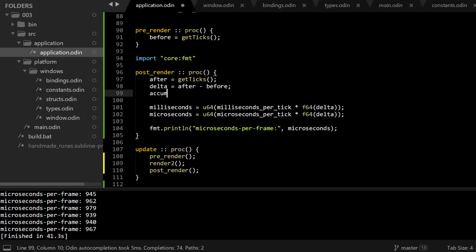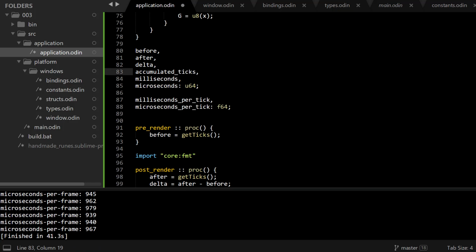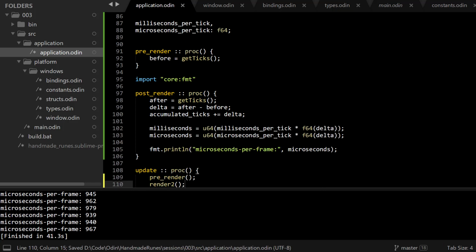So accumulated ticks, right? And we're gonna add the delta that we got, if I can type, right? And accumulated ticks is gonna also be U32. Just gonna start at 0, so I don't need to initialize it. And we're just gonna accumulate and accumulate and accumulate until